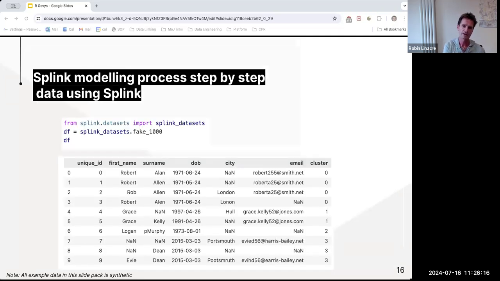Okay, so hopefully at that stage, you're starting to get a bit of a sense of what Splink does. What I'm going to do now is just quickly run through an example of how it's used. The idea here very much isn't to give you a full-on tutorial, but just to bring things a bit more to life, to show you some of the functionality, to show you that you don't really have to write too much code to get that functionality. What we're going to use is a data set